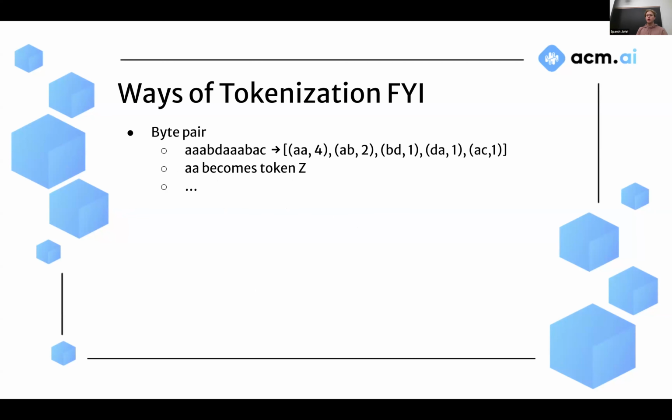Another way we can do it though is with a technology called byte pair. So if we have, say, AA, we see that occurs 4 times. And then we have AB, which is twice, and so on and so on. And this is actually the technology that